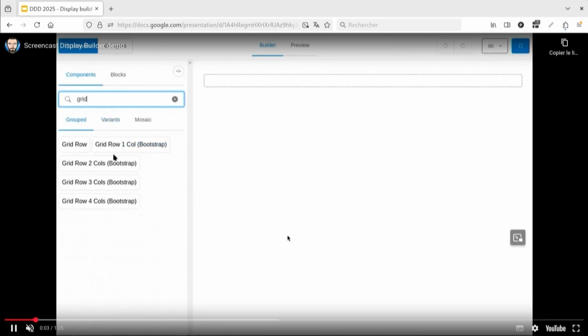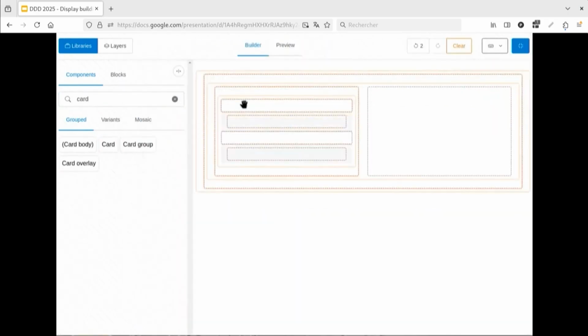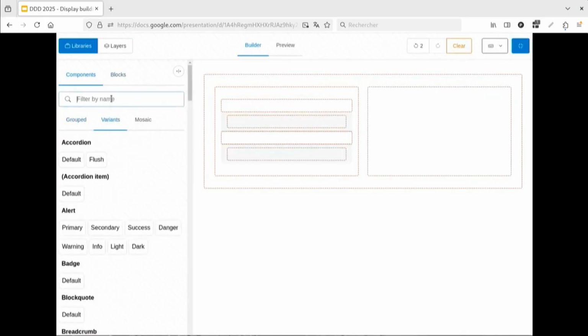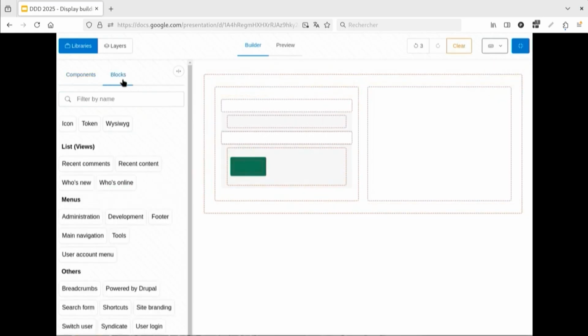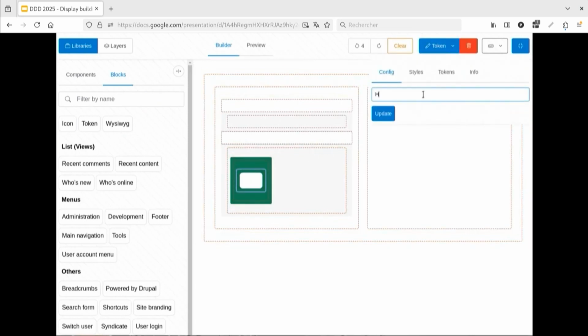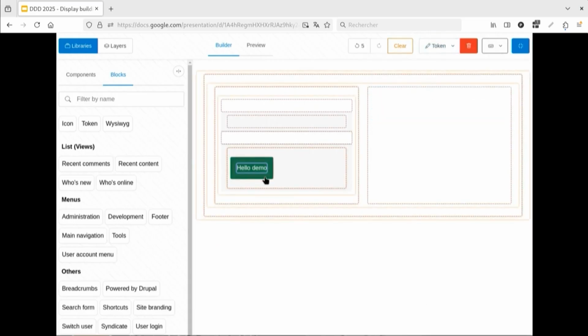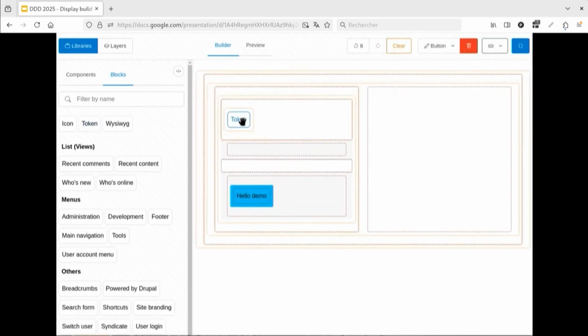So, I have a component library on the left. I can filter and pick all my components. I can nest my component with a slot. I can filter anything. I can pick a component variant directly, so I save a lot of clicks. I have blocks. Blocks are any Drupal renderable you can get. According to the context, we pull all the available data. And any renderable, component or block, has a contextual panel to set the props, set the settings, and also apply design system iteration.